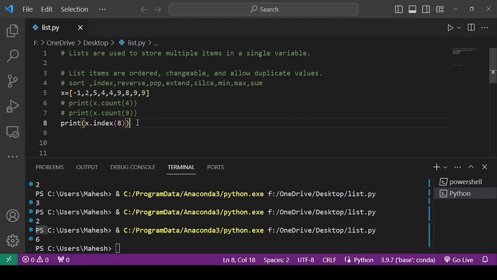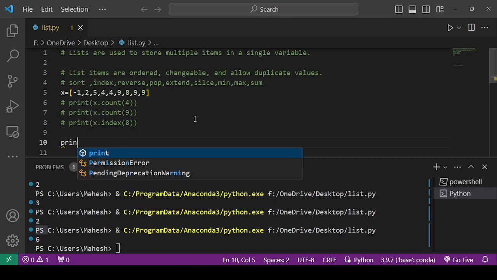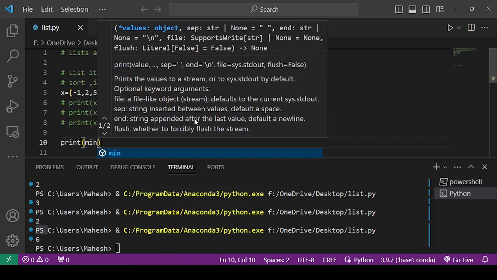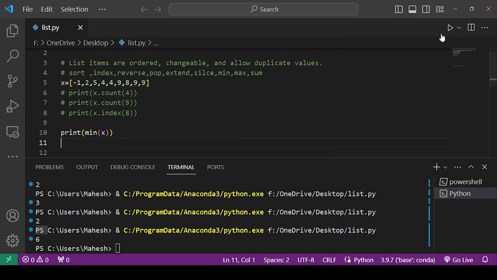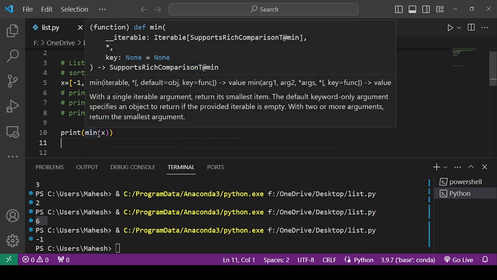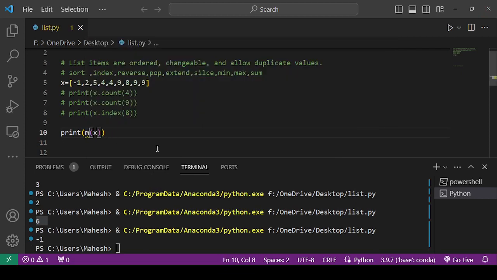So these are very simple operations that we can use in the list. At the same time, let's say I want to find the min number from that list. I will use this command. The min value is -1. Let's say I want to find the max.